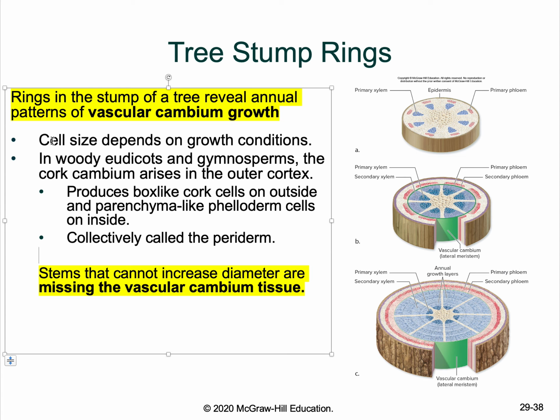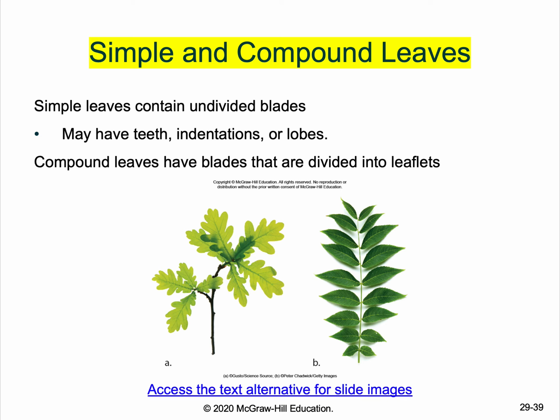And then here it talks about how it depends, which is true. If it's a dry year, they can determine that, or they can determine climate if they take a core sample of a really old tree. You can take a core sample, and from there they can count the rings and see the spaces in between the rings, and they can determine if there was a drought for several years, etc. Different types of leaves.